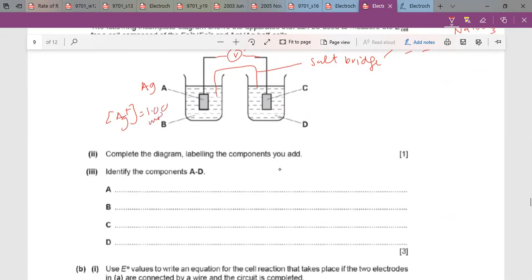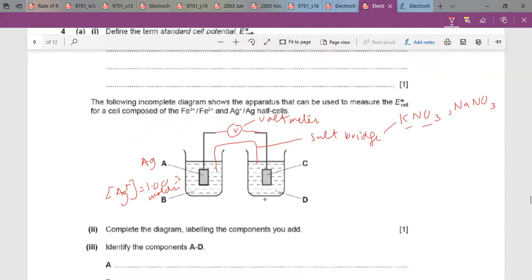1.00 mole per dm cube. That's the best. If A is this part here, the silver ions, then here there is no metal, so C must be platinum. And D must be a solution of the 2 salts. So the best, of course, is to put Fe2+